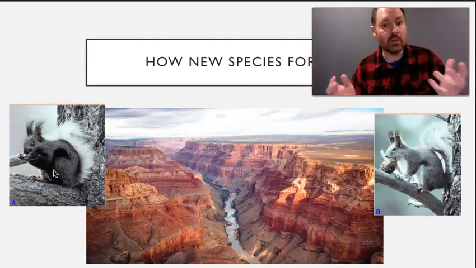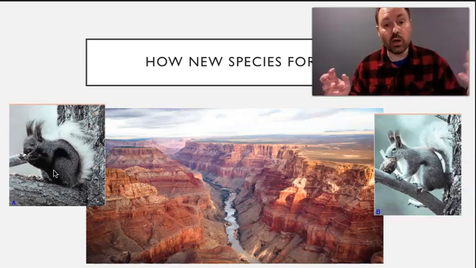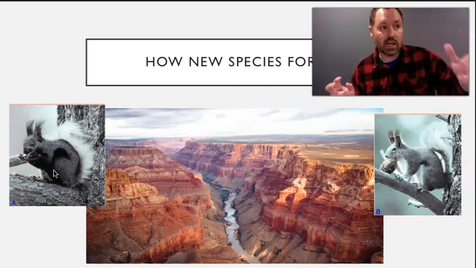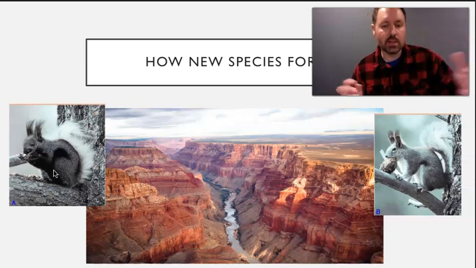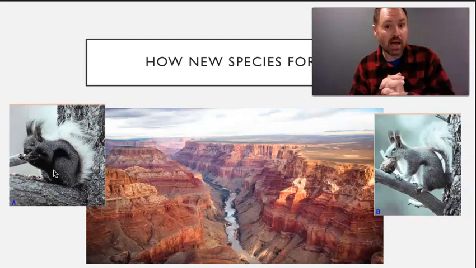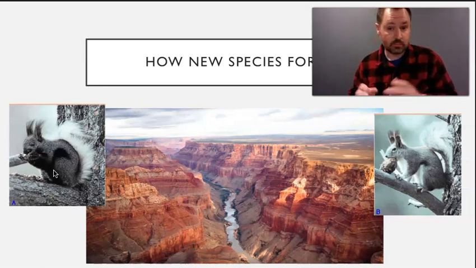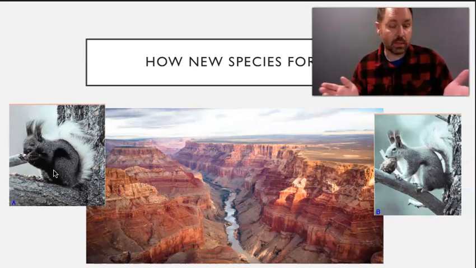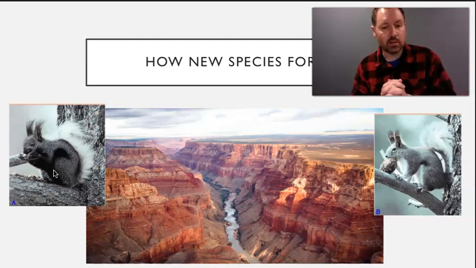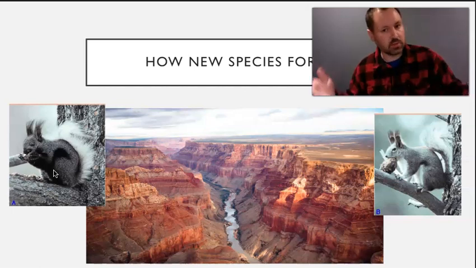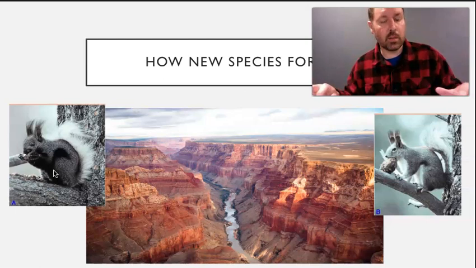And the theory is that maybe in the future, these squirrels, or at least one of the squirrels, might change its genetics so much because it's adapting to its environment that it may not be able to reproduce with the squirrels on the other side of the Grand Canyon eventually, which might mean it might make a new species due to something called habitat fragmentation. And habitat fragmentation is when the habitat, the place where the organism lives, is split apart.